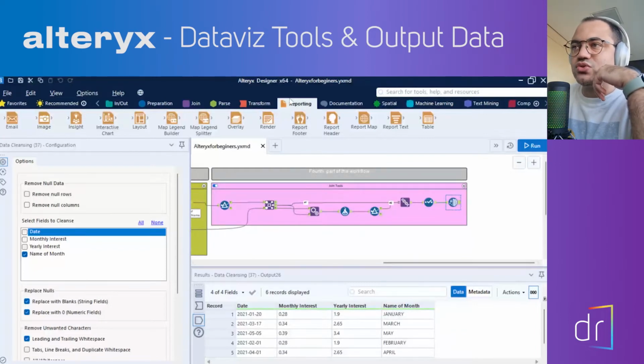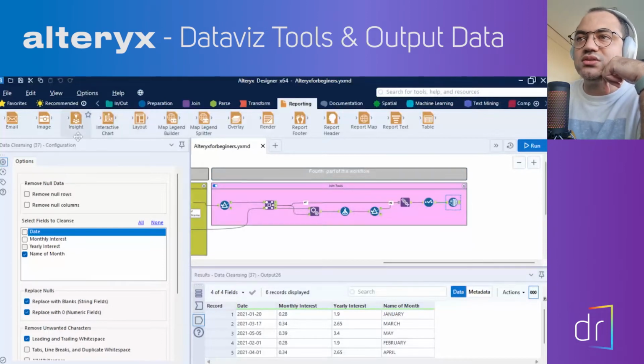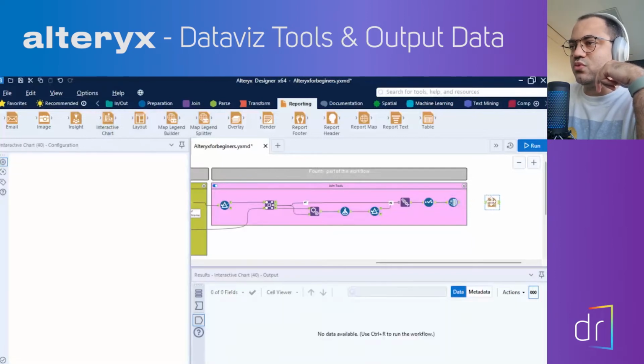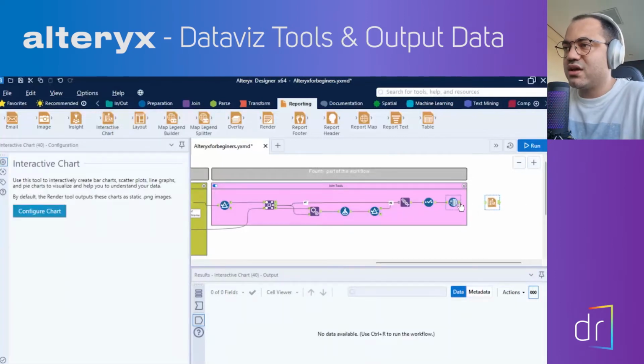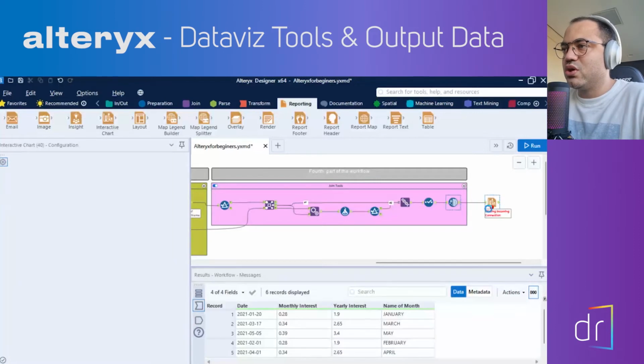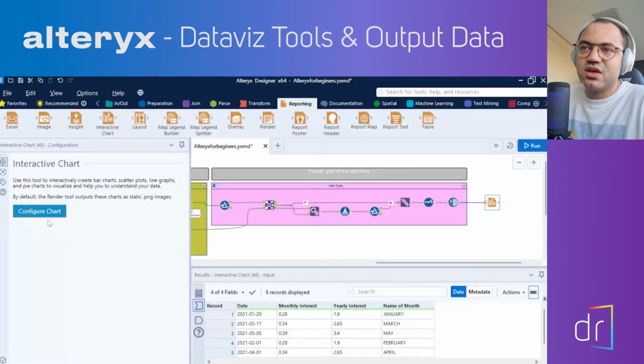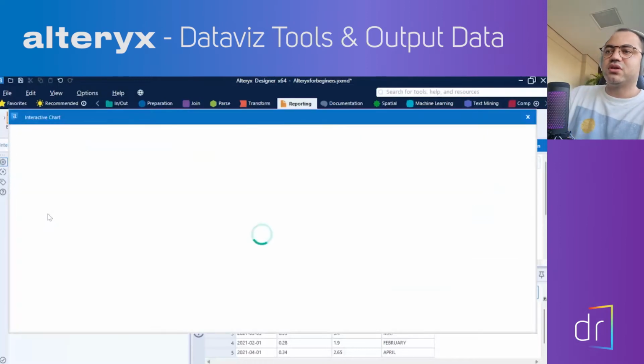To do that, let's go to the category called Reporting over here. Just click on the tool called Interactive Chart. Drag this one and drop it at the end of your workflow, and then connect the data cleansing to this Interactive Chart tool, okay? When we do that, we need to click on this button here, Configure Chart, to start to configure our